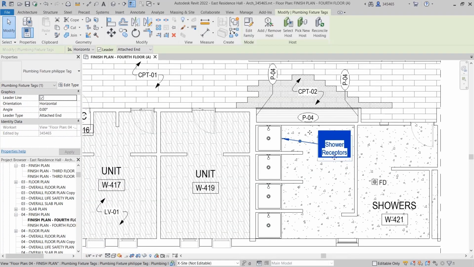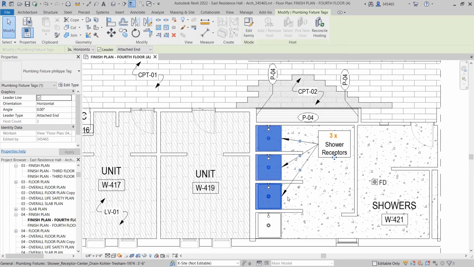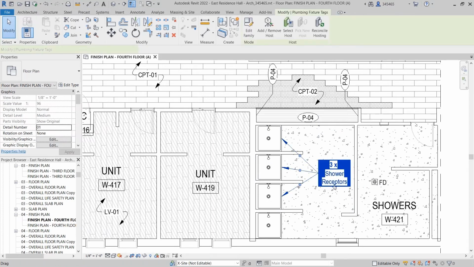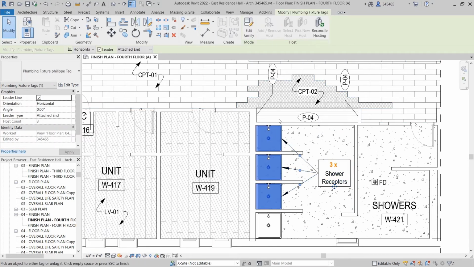Once a tag has been placed in the model, you can add or remove leaders to similar host elements at any time by selecting the tag and using the Add Remove Host option on the Contextual tab of the ribbon. When you do this, the quantity of host elements is automatically tracked and displayed both in the tag itself and